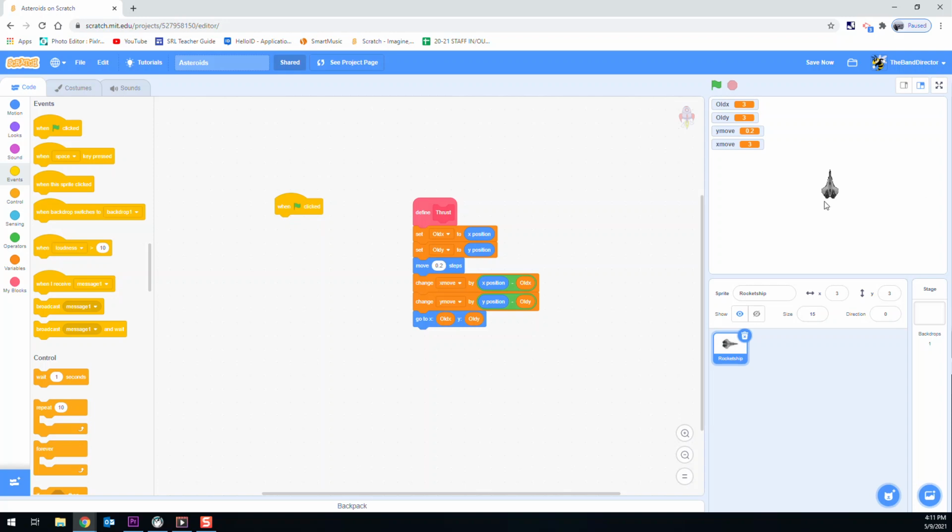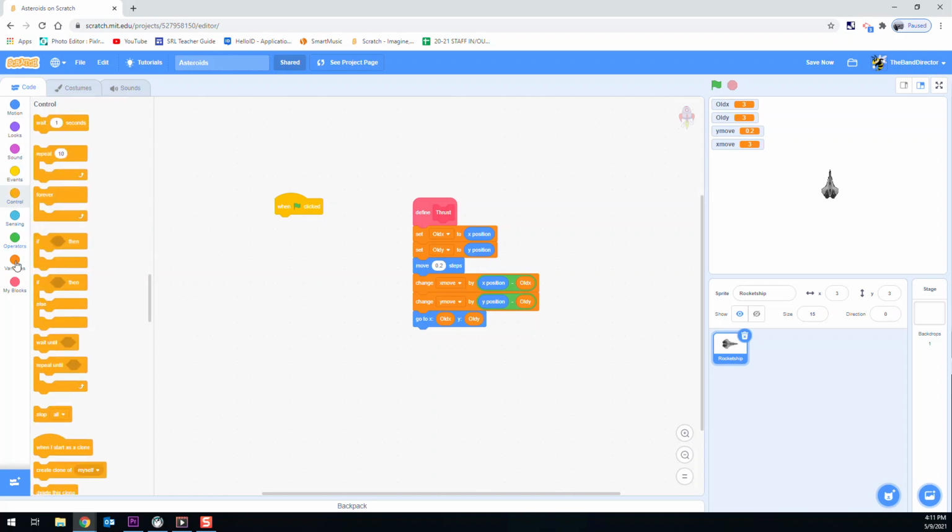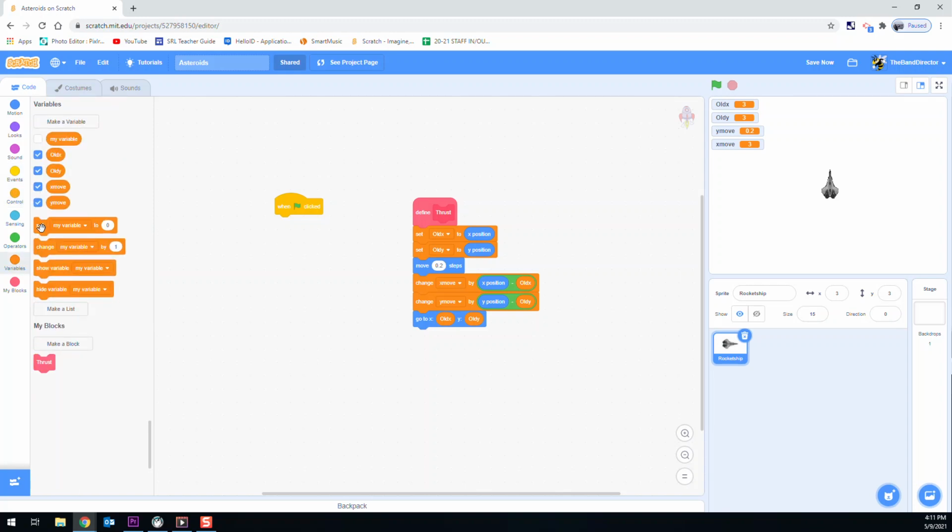we need to set a couple things. We want to set our X and Y movements. And the reason for that is in case a player is playing multiple games back to back to back, the variables, we want them to come back down to 0 at the beginning of every game. So our X move, Y move. There we go. And now that those are both set to 0, we can start actually programming in some motion